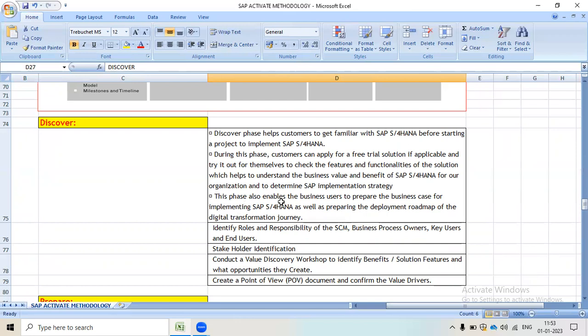This phase also enables the business user to prepare the business case for implementing SAP S/4HANA, as well as to prepare the deployment roadmap of the digital transformation journey.